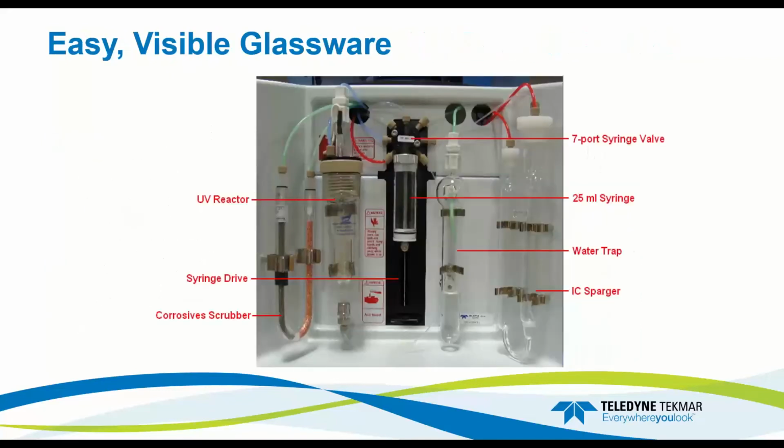We also like to make the chemistry viewable. We also like to make sure everything is up front and can be seen. So on the front of the system, we have what we call the chemistry area. This is where our IC sparger is, where we remove our IC. We have our water and copper tin scrubber where it removes contaminants and also dries out our CO2, so moisture is not getting into the detector. We utilize a 7-port syringe. And then we have the UV reactor where the UV light will interact with the sample that contains a persulfate